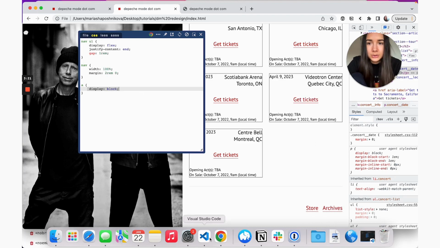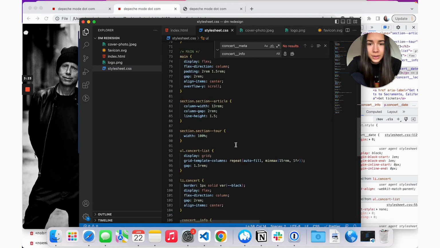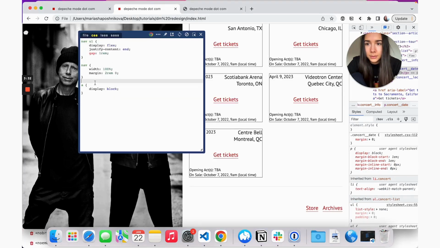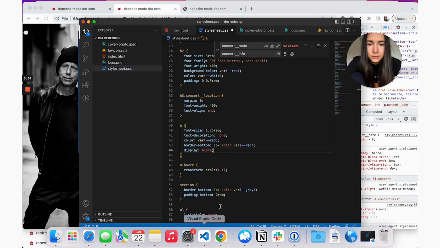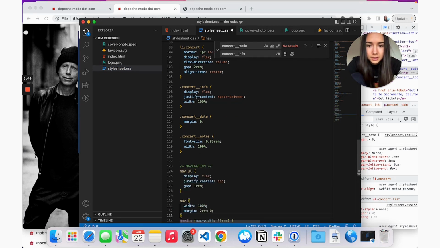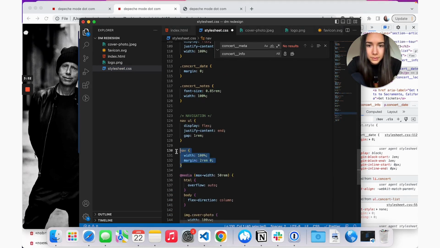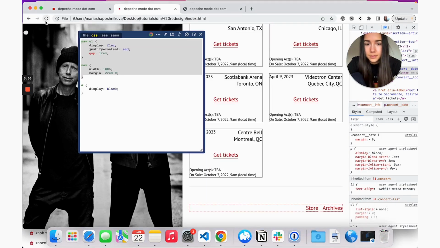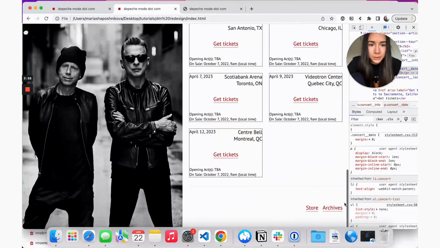So what we're going to do now is move this over to our style sheet. And we'll take this too. And we can make a separate small section here. Place this in the top. And now we refresh, we have our navigation.